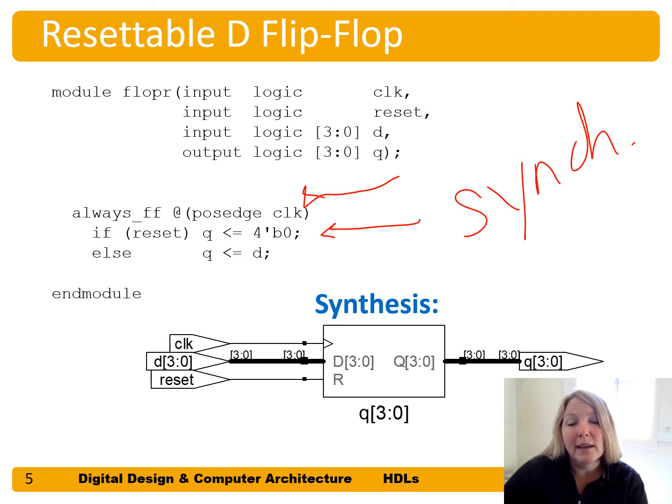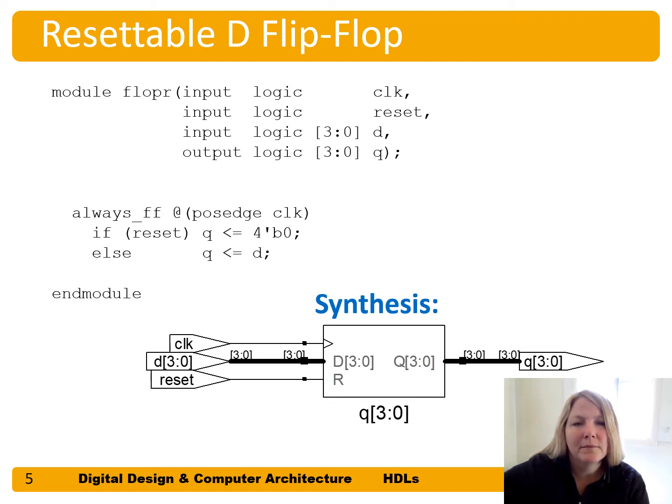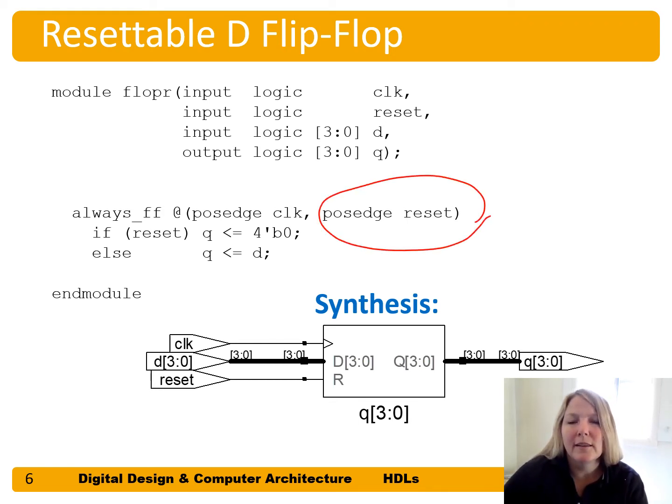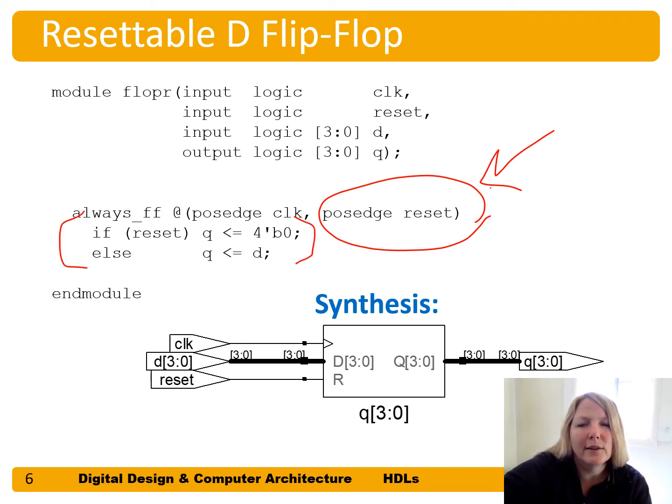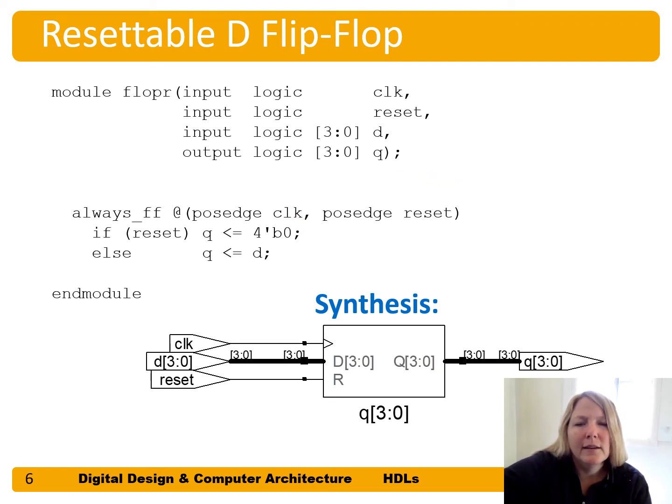So we could also build an asynchronously resettable flip-flop. To do that, we need to put the event that we want the statement to be evaluated on, or the event trigger, in the always statement. So always_ff @ either, so it's going to evaluate the statement within that always block. This entire thing is called an always block. When either we get a positive edge of the clock or we get a positive edge of reset. So reset going high